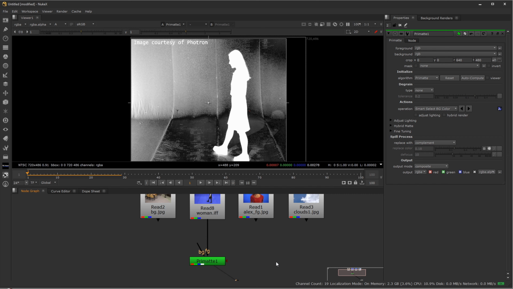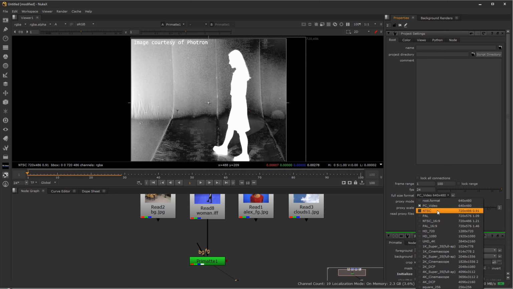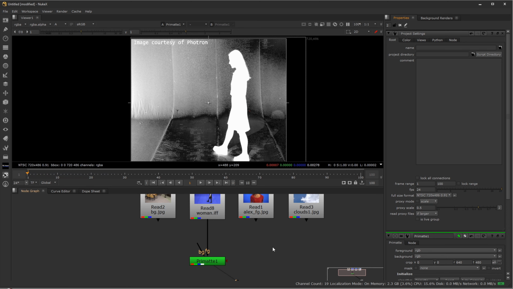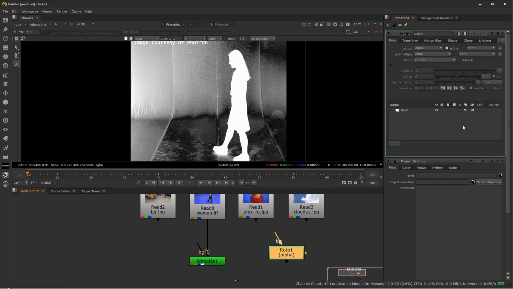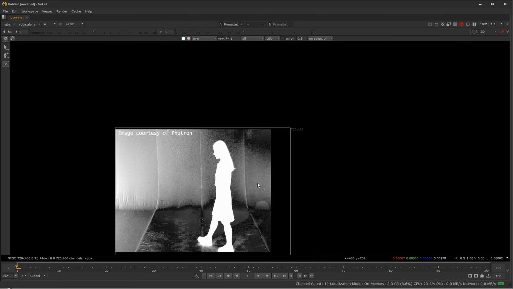So I'm going to click down here in the node graph, press S for settings. I'm going to set up my project settings for 720 by 486, which is NTSC right here. I'm going to go ahead and press O for roto. And the reason I changed my project settings is now when I do that, my roto shape is going to default to that size. So I'm going to press spacebar while hovering over the viewer so I can get more